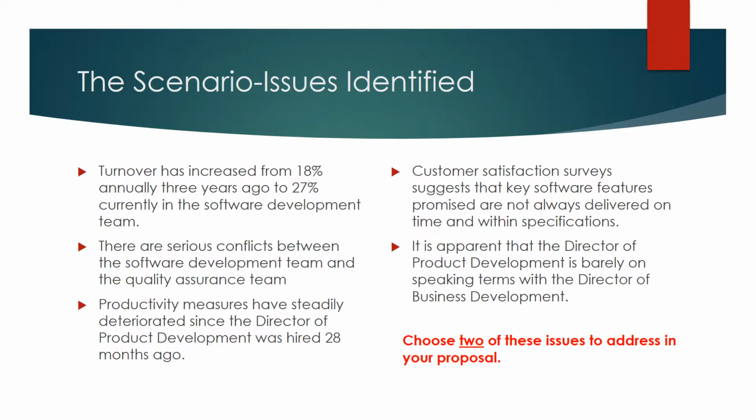The fourth issue, customer satisfaction surveys suggest that key software features promised are not always delivered on time and within specifications. And the final issue, it's apparent that the director of product development is barely on speaking terms with the director